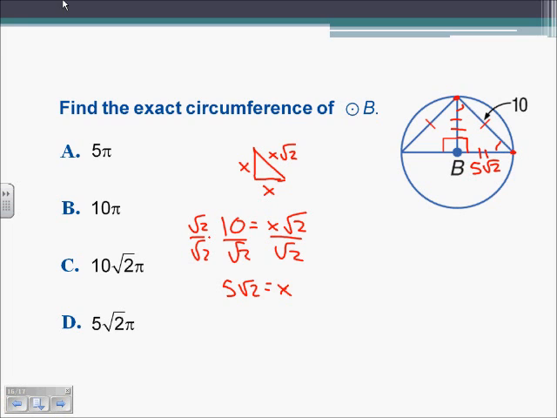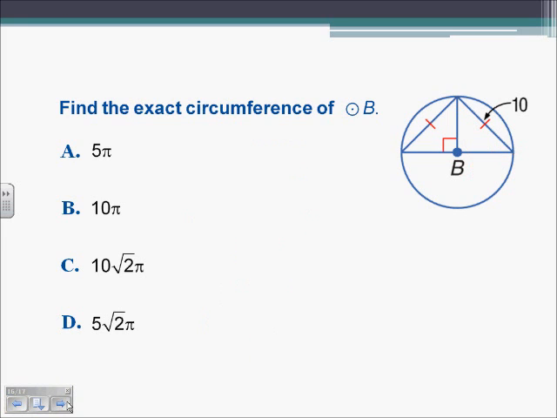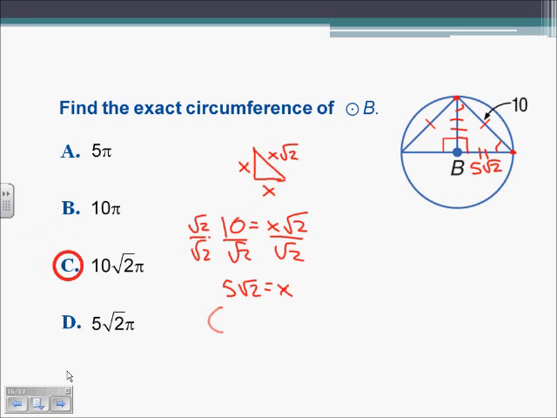So to find the circumference of our circle, we are going to multiply 2 times pi times our radius. So our circumference is going to equal 2 pi times 5 square roots of 2, which is going to equal 10 square roots of 2 times pi, which is answer C. And that wraps up